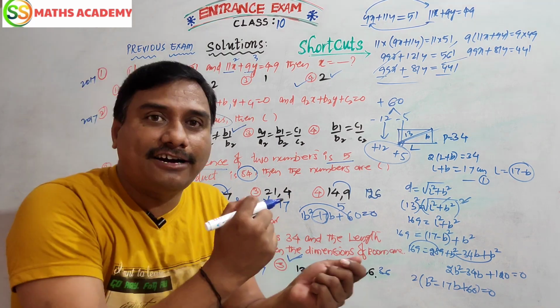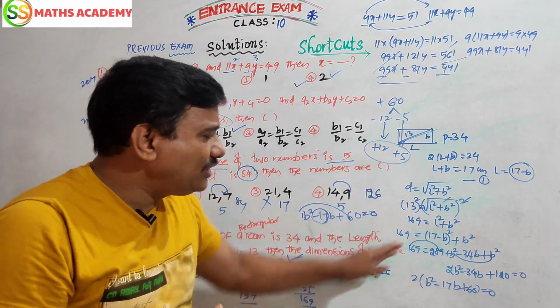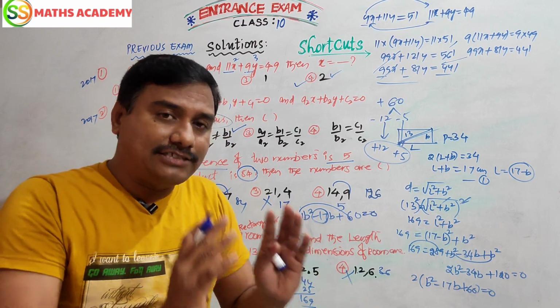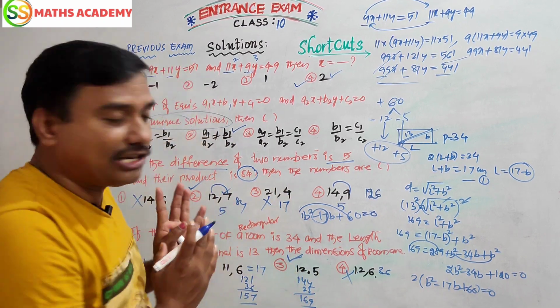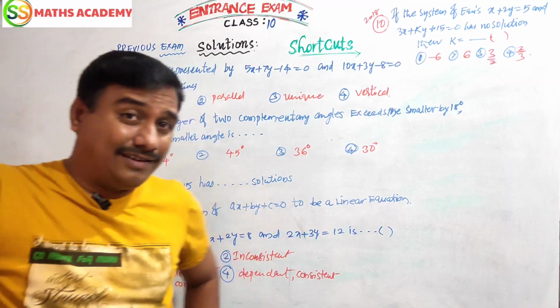This is the way we have to start checking the options, then only we will get the answer, without doing this kind of long solution. But first do practice like this one time, then you will get such a calm brain. You can go with the shortcut way. Okay. Now let us see one more year's papers.